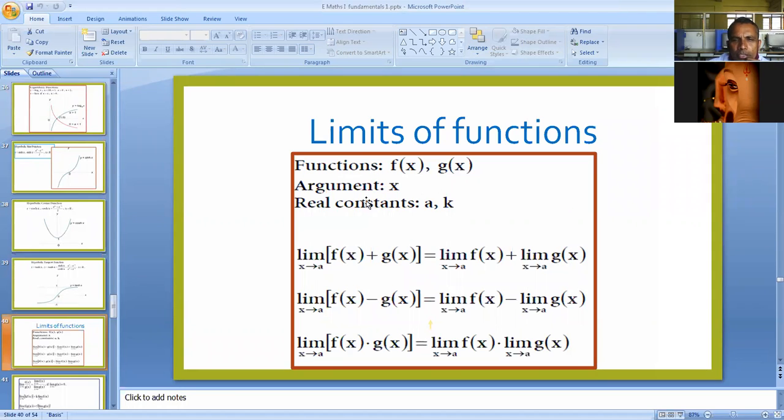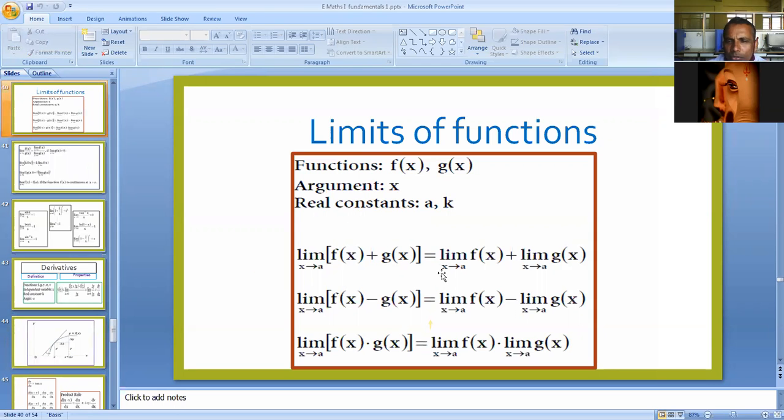f of x and g of x are functions, and the argument is x. Real constants are a and k. Now you know what the results are in limits. So the limit of a sum or difference is equal to the sum or difference of the limits. So we can apply limits to the functions. When there is a constant, we cannot apply the limit on a constant. So write it as it is, meaning you will get the constant. Okay. So limit of f of x plus g of x as x tends to a is nothing but the sum of their limits. Okay. So limit of f of x as x tends to a plus limit of g of x as x tends to